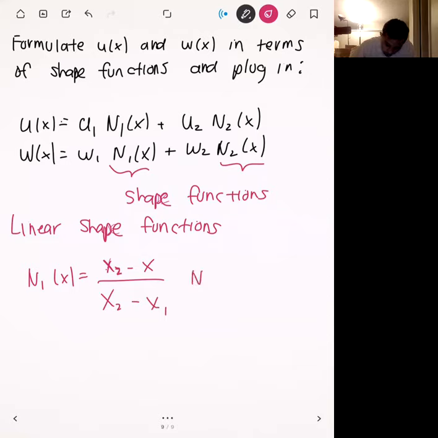And then N2 of x is equal to x minus x1 divided by x2 minus x1. Okay. And I put it in this form because it might be slightly different than what we have in the notes, but I do it here because what we can do is we can define